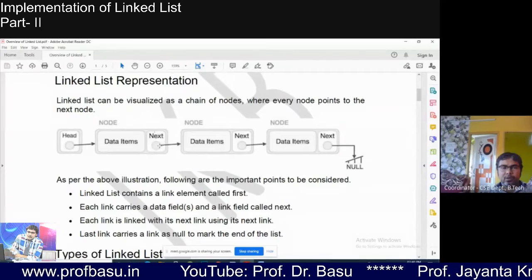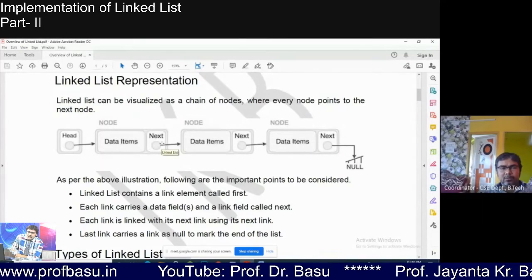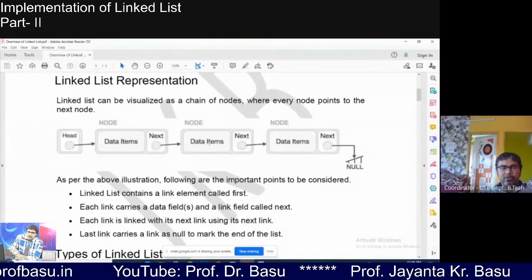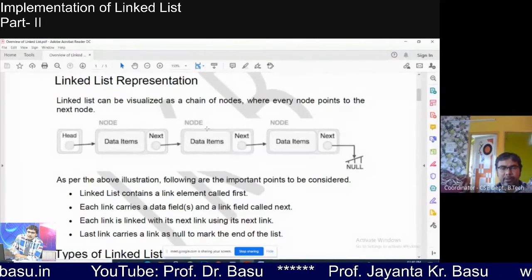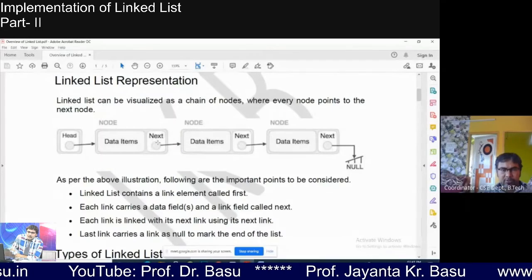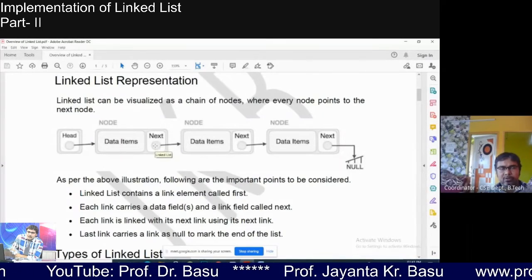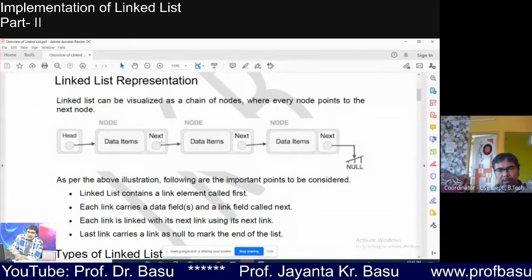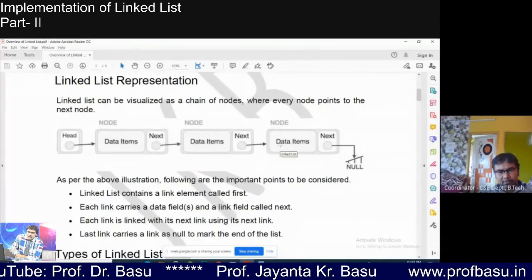Address of what? For what? Address is for getting the knowledge of the next node. This next variable holds the address of the next node so that we can get a sequence of the links, right?